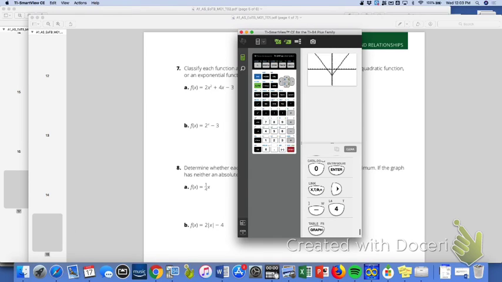So that's what it looks like. Does it have a maximum or a minimum? It's got a minimum because it's got a bottom. It's got a base, so that's a minimum. Okay, those were the most missed